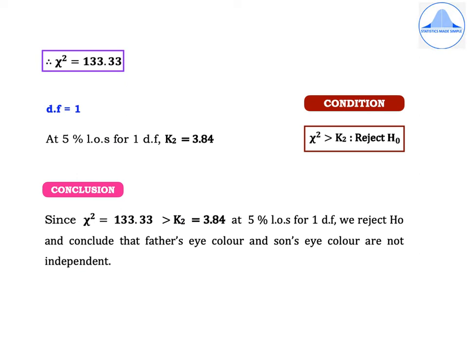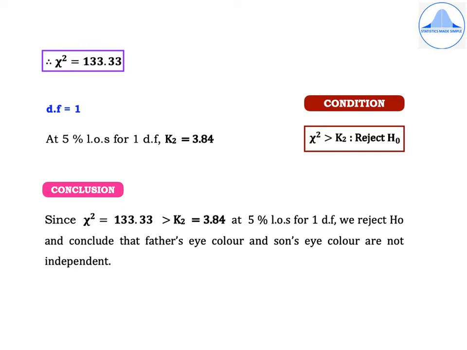So after further simplification, you will get chi-square equal to 133.33. Now the degrees of freedom for the chi-square test for independence of attributes is 1, and at 5% level of significance for 1 degree of freedom, we need K2 value, which is 3.84. Like I had already mentioned in my previous video, you can remember the value,